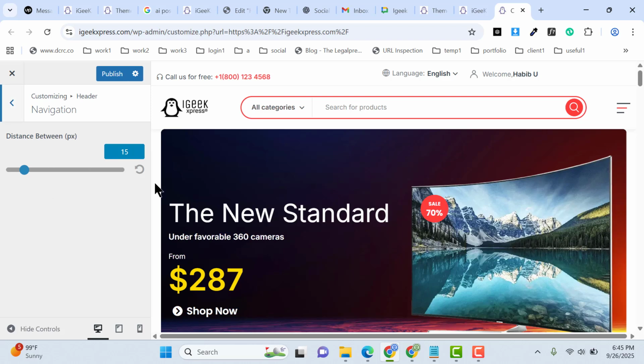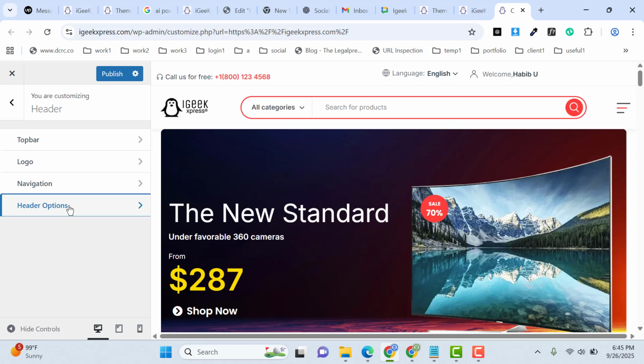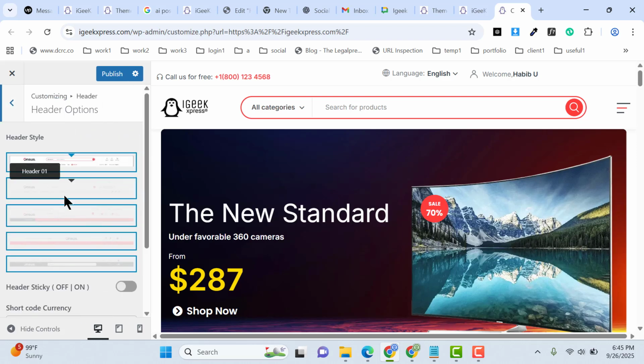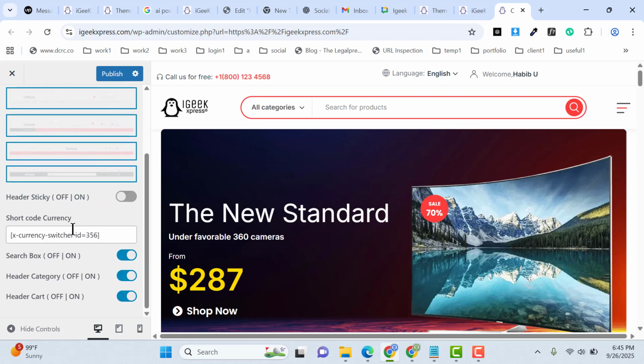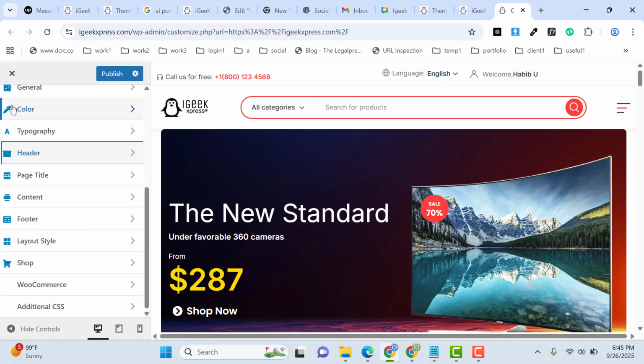Then navigation. Here you can adjust the gap. Then header options. Here you can select some header designs. So these are the pre-built header designs that you can easily select. And after that,